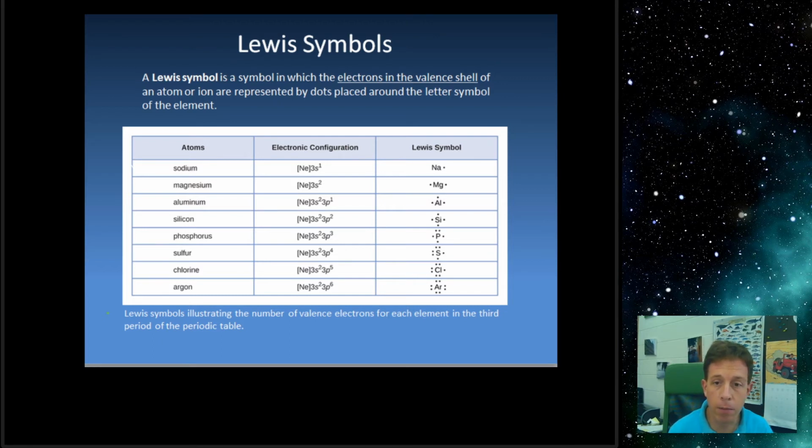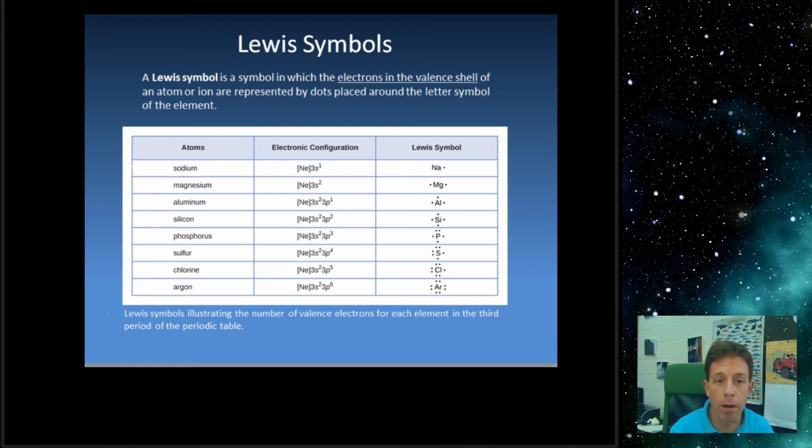This is a very simple, though not exactly accurate, technique to indicate how atoms share electrons when they bond, but it fits the trends in the periodic table very nicely and therefore is used very commonly. So first of all, here's an example of how Lewis dot symbols are used